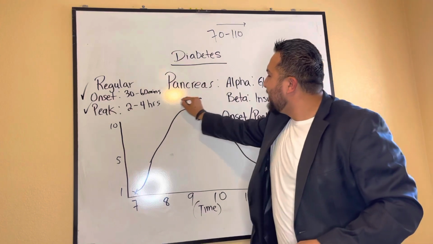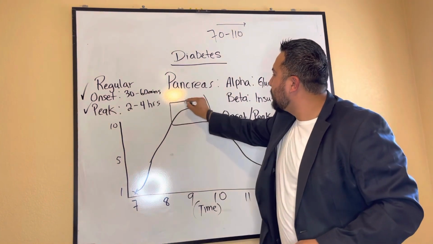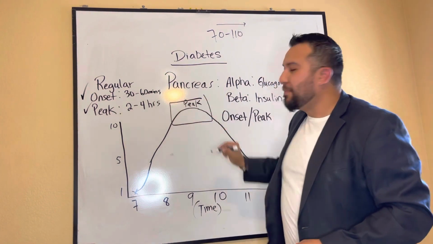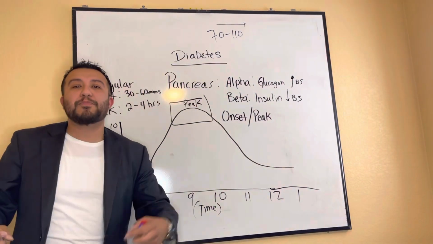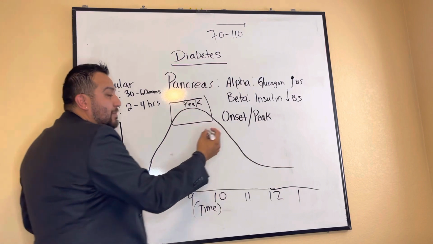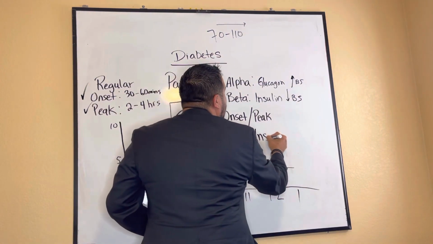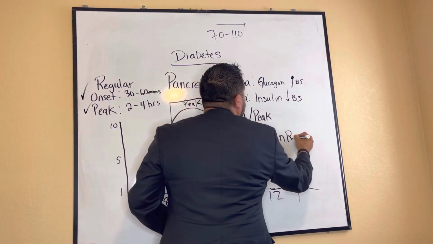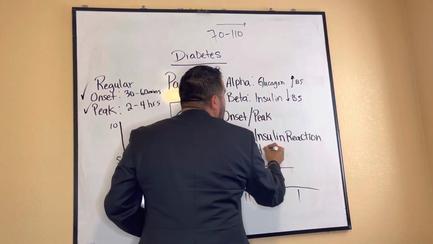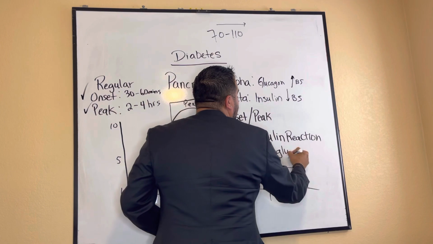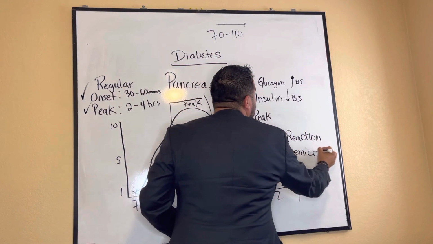So this right here, this is what we're talking about when we say peak time. What are we focused on? We're focused on the probability of hypoglycemia. Now, this is sometimes described as an insulin reaction. This is sometimes known as a hypoglycemic event. So you have to look for these words